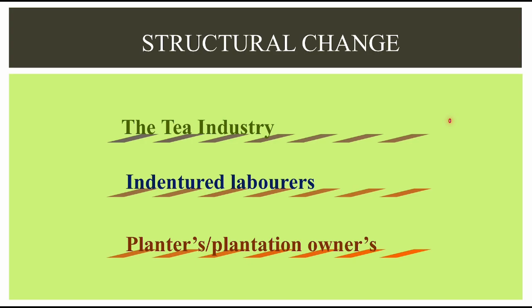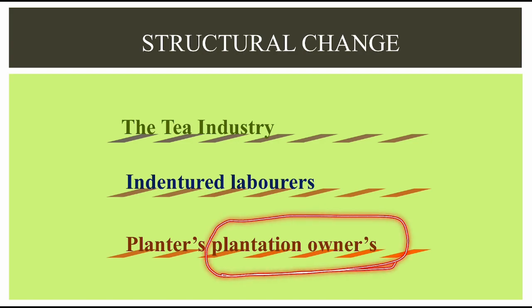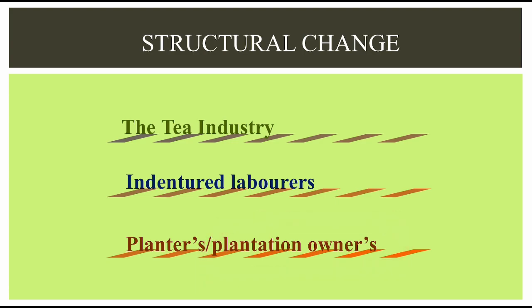As they were forced to work off that debt, they had been duped by the contractors who brought them to work on the tea estate. Once on the tea plantation, they were not allowed to leave as the tea plantation owners persuaded the British colonial government to aid and abet them in passing penal laws. There was no financial compensation or incentives given to these laborers in Assam. This is the sad state or plight of the workers in Assam.